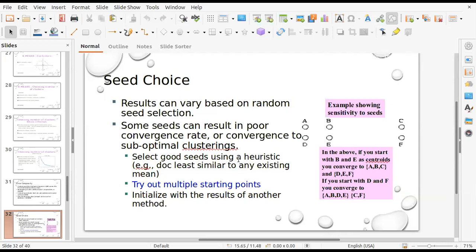Then start computing the distance of each one of the points from these cluster centers. Take one point, compute its distance from each of the k cluster centers which you have decided randomly, and then put that point in the cluster where the distance is less.